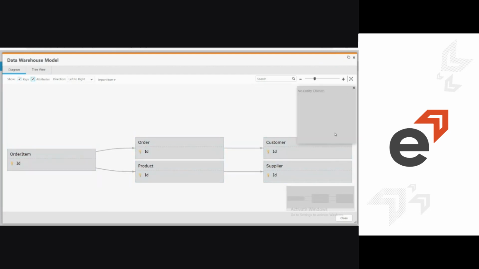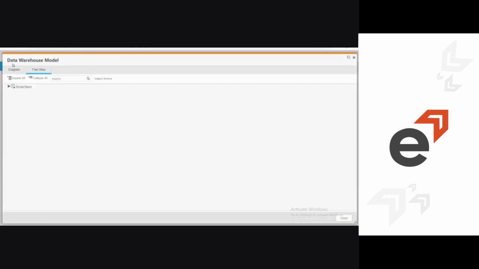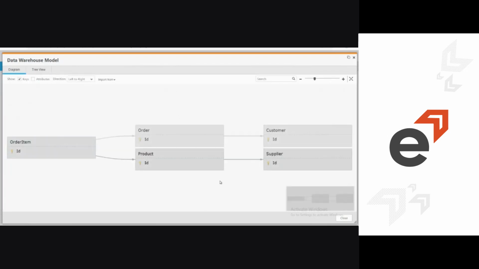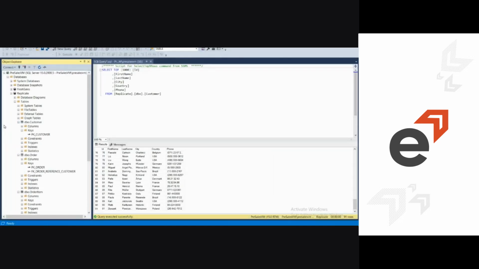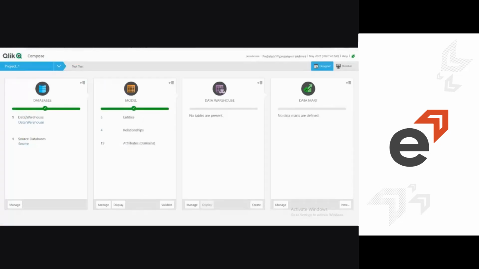It has already, if you select, it will show you the columns that are available in that table. So it is already giving you a tree view and a diagram of all the tables, and it has automatically created on its own this data model. All I had was these 5 tables and whatever I've done in front of you. So I've discovered them, and it has